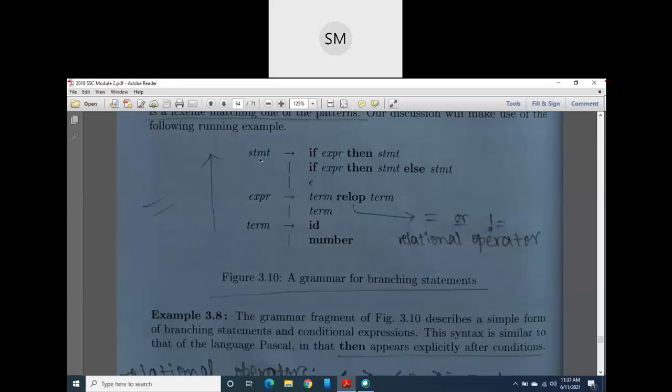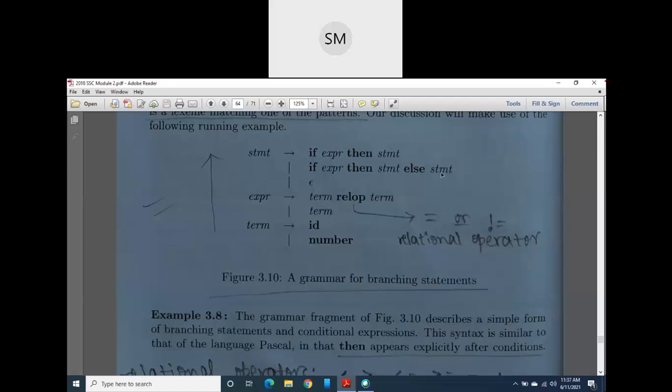This you already know. The name you have written at the left side is STMT, that is statement. The statement can take the form, for an if statement, like this: the if keyword followed by one condition or expression, followed by the then keyword, followed by an executable statement. That is our simple if statement. The same statement can be in this form also: if followed by expression, then statement, then else, then statement.